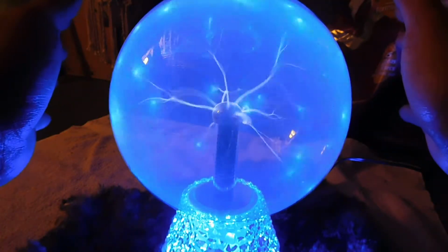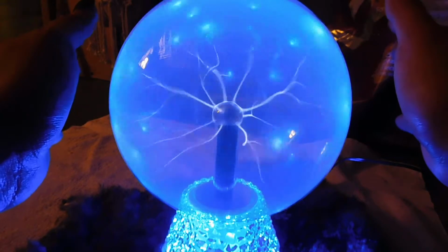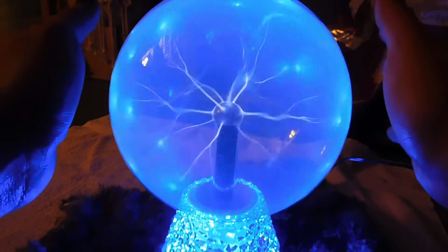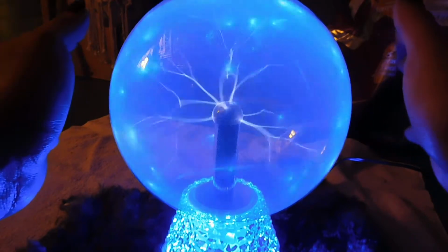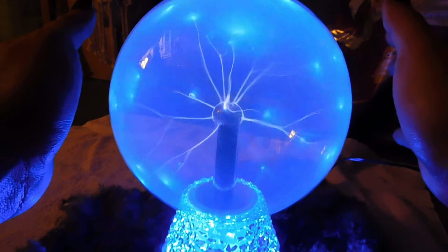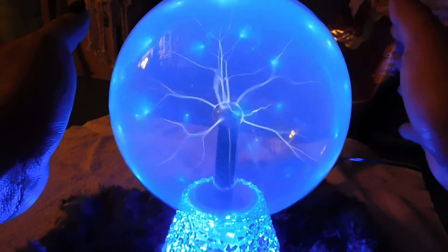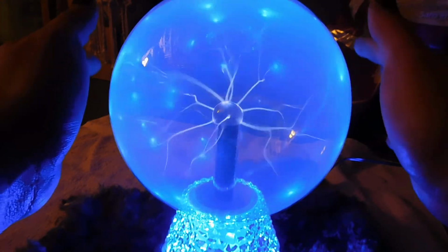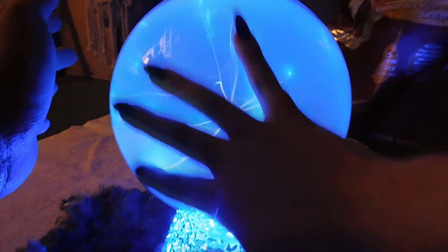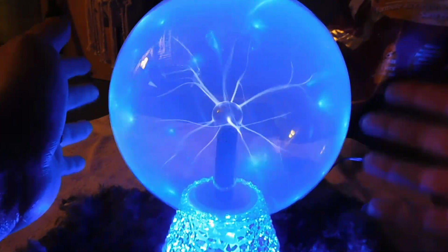Even after a while, don't even touch it. Just put your hands around it and see. Even right here, I can feel the energy, and I'm not even touching it. I can literally feel every little place where it's lighting up on my hands. And yeah, this is what energy balls feel like, and to me, what they look like even. And the color could